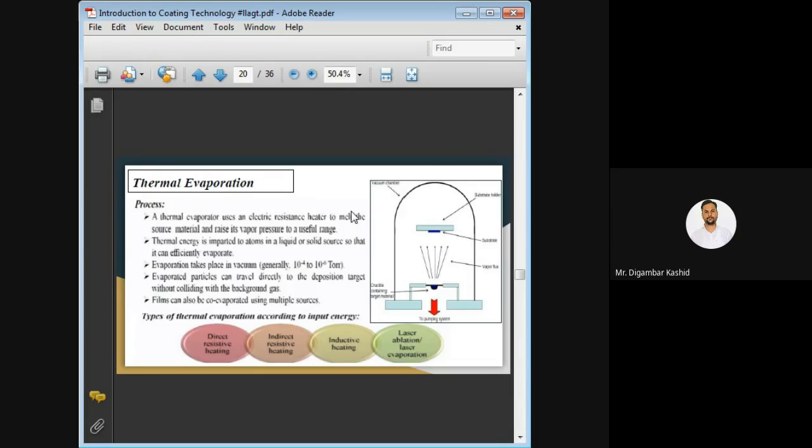Whatever you are seeing, that dome shaped thing, is called the vacuum chamber. Okay, so the evaporated particles can travel directly toward the deposition target without colliding with the background gas, because we are using the vacuum. Films can also be evaporated using multiple sources. So from this particular figure, which I have shown in the slide,